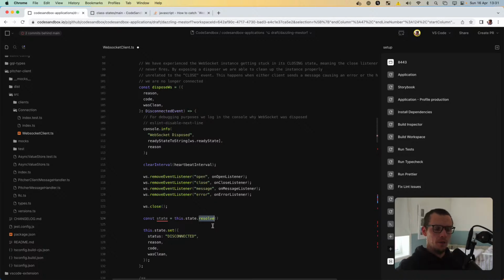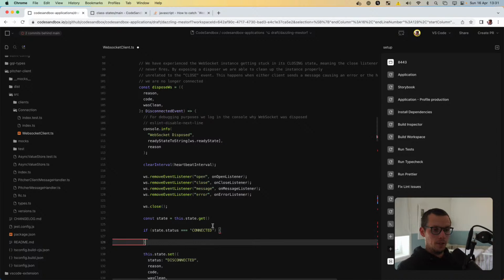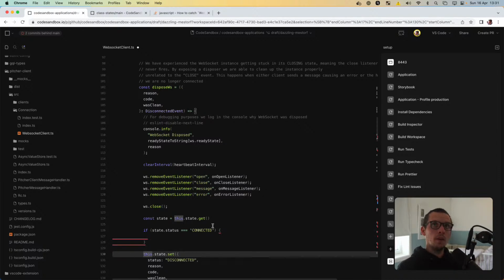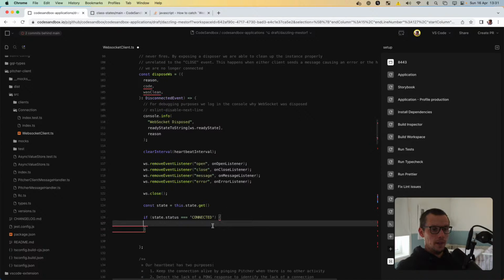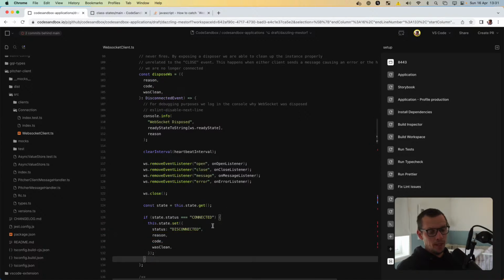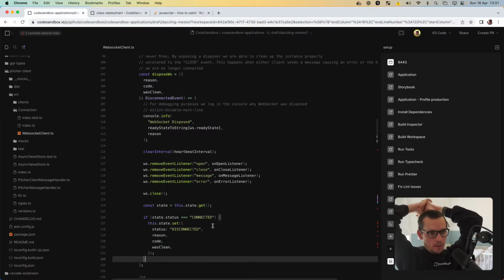So I think what you would want to do here is just go and grab the current state, and if the state is actually connected, then you disconnect. Yeah. That's the proper way to handle it, because you can never be